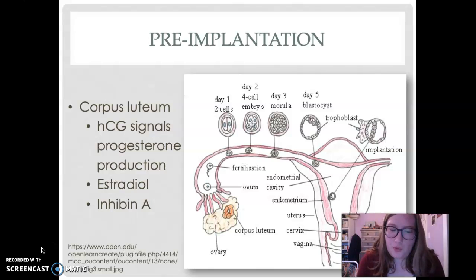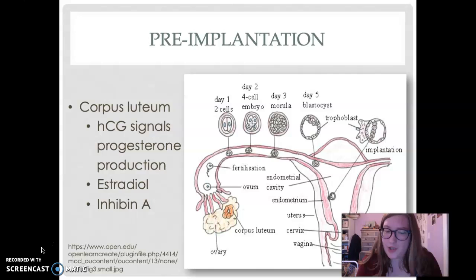Pre-implantation. First off, it is essential to know that implantation refers to the process by which an embryo attaches to the endometrium of the uterus, eventually invading it to meet with the mother's circulation and form the placenta. However, before this key event occurs, conditions must be perfect in the uterus, which is where the extremely important factor of hormonal control comes into play.